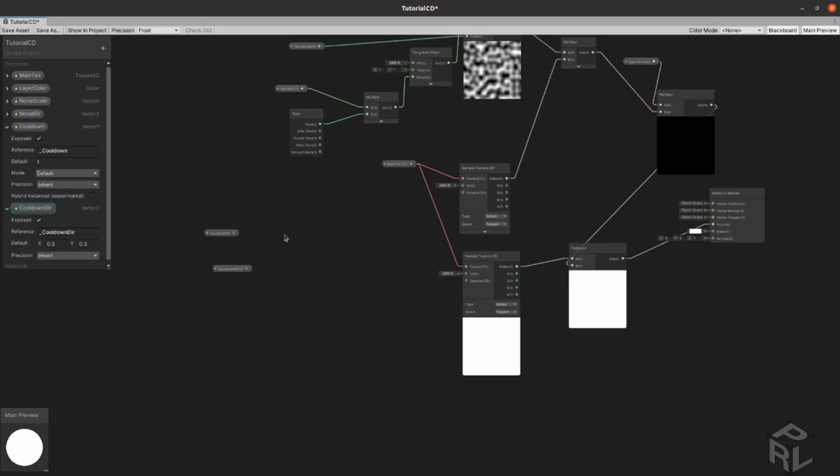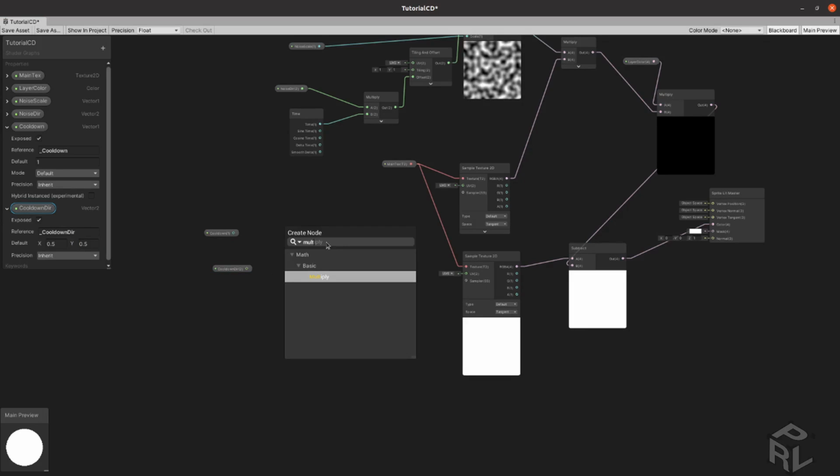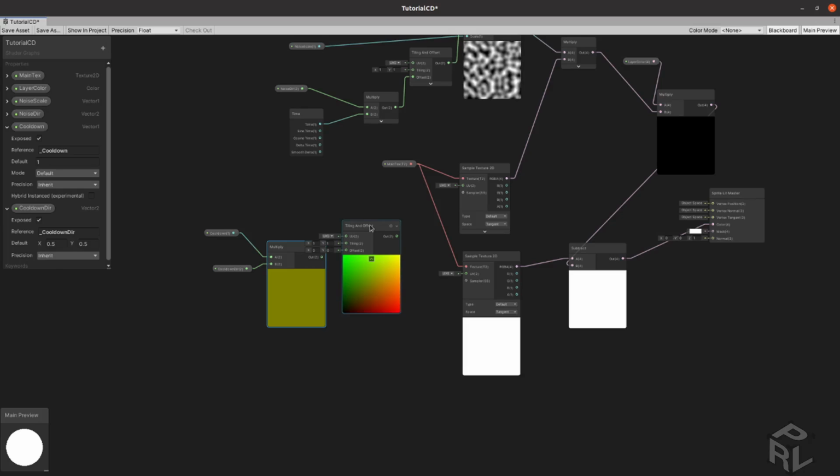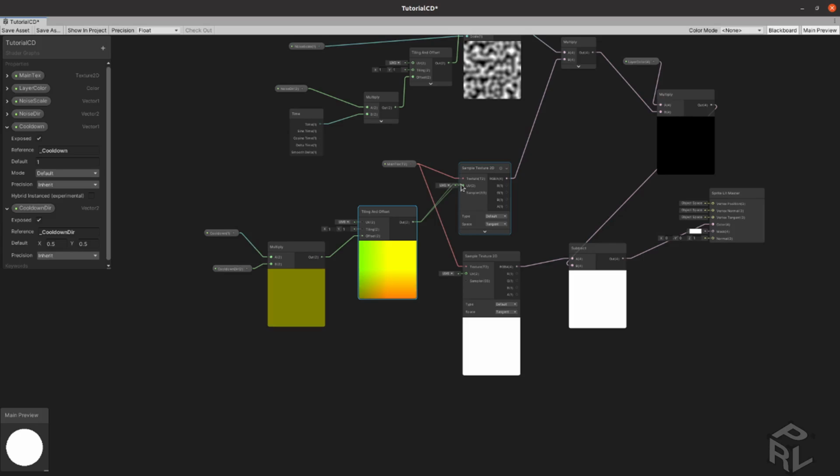We're going to multiply both values. And we're going to apply this as an offset of the texture of our overlay. So I'm creating here a new UV tiling and offset, putting this as an offset, and then putting it into the UV of the black layer texture. Okay, so you can save the asset and then go to your project. So now, as you can see, everything disappeared,